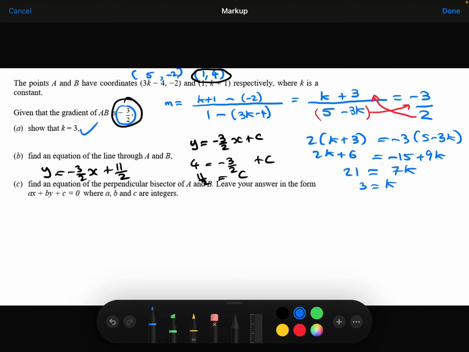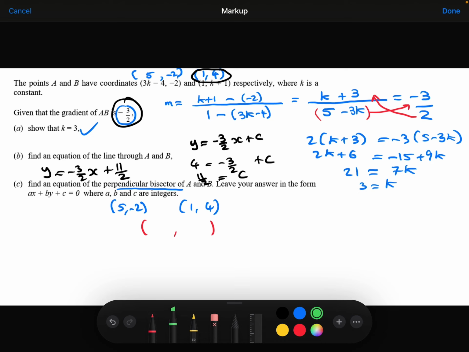Part C finds an equation of the perpendicular bisector of A and B, giving our answer in the form ax plus by plus c equals 0. So perpendicular bisector is the perpendicular line that goes through the middle, goes through the midpoint. So let's first of all work out the midpoint of points A and B. So let me just copy down A and B. This is point A. This is point B. So their midpoint,